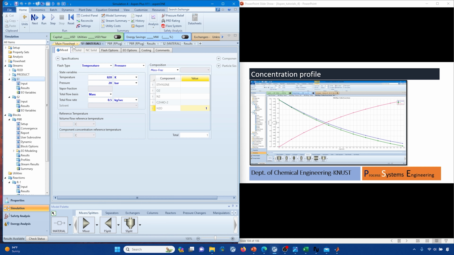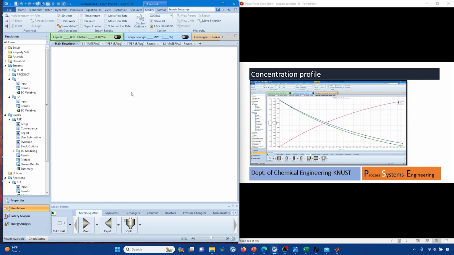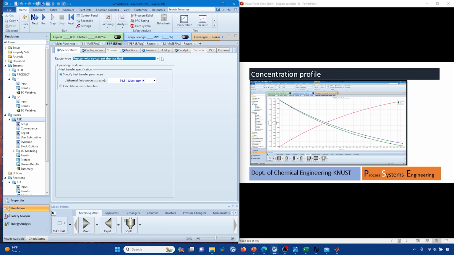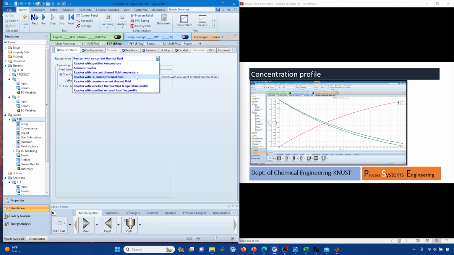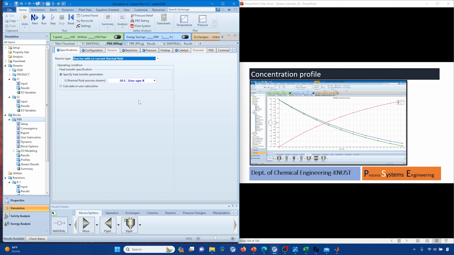And once I do that, I can come here and choose to specify a reactor with any of these configurations, depending on whether the coolant is flowing counter current or co-current, or if it's a constant thermal fluid temperature. The temperature of the fluid does not change. So depending on the configuration you have, you enter the heat transfer coefficient as follows. And when you run the simulation,